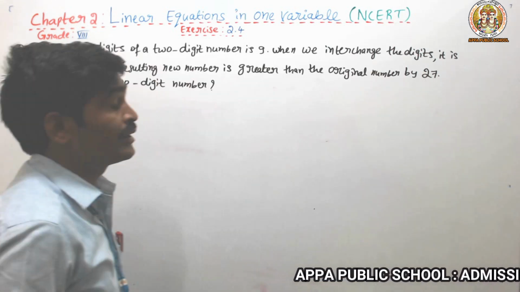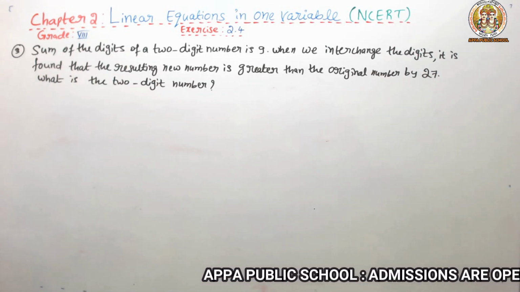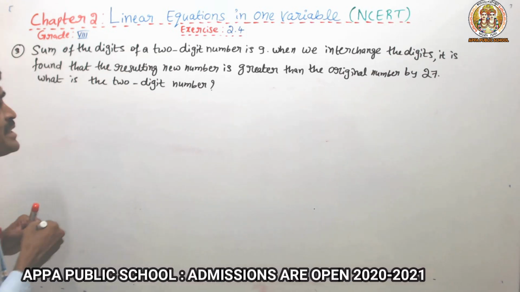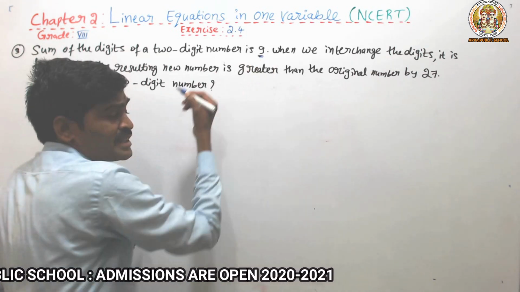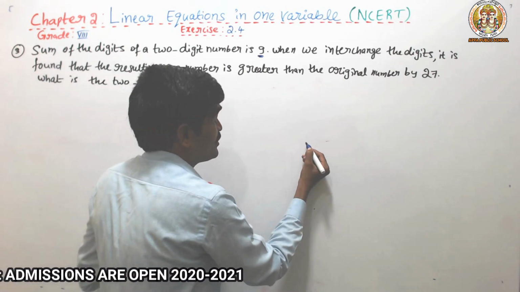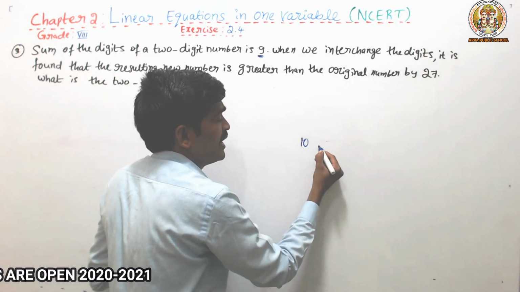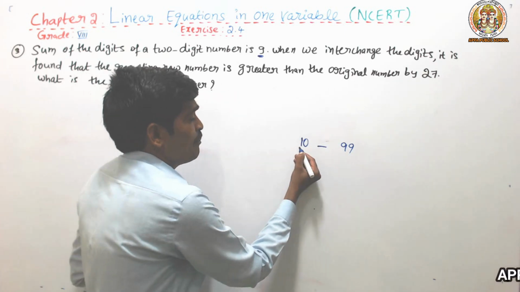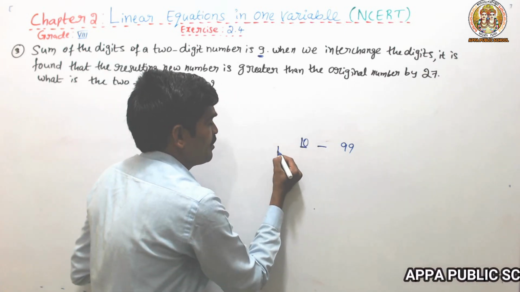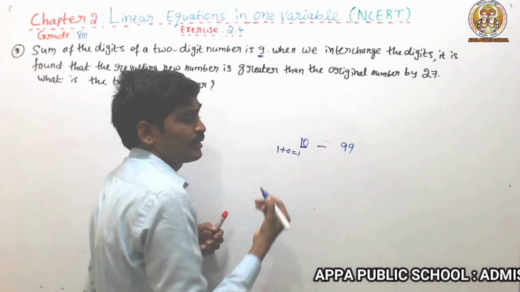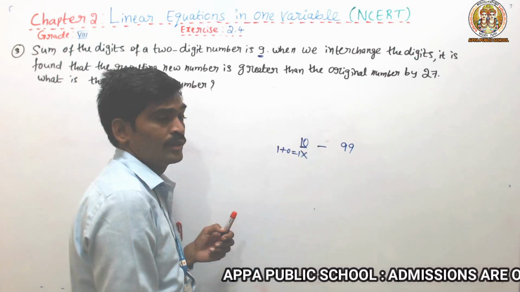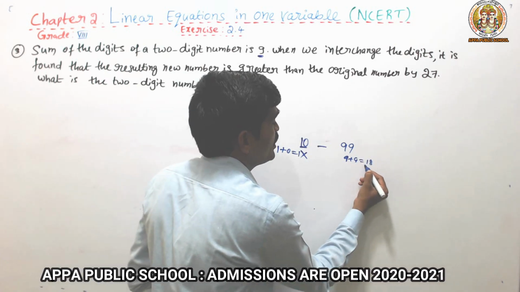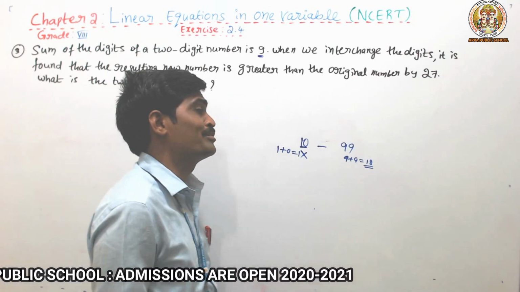My dear students, very important and very interesting question. The given, my dear students, here sum of the digits of a two-digit number is 9. Means, for example, we know that two-digit numbers start from 10 ending with 99. See, for example, 1 plus 0, sum of the digits means 1 plus 0 will get 1. According to the statement, it is not possible. So 9 plus 9 should be 18. According to the statement, 18 also not possible.